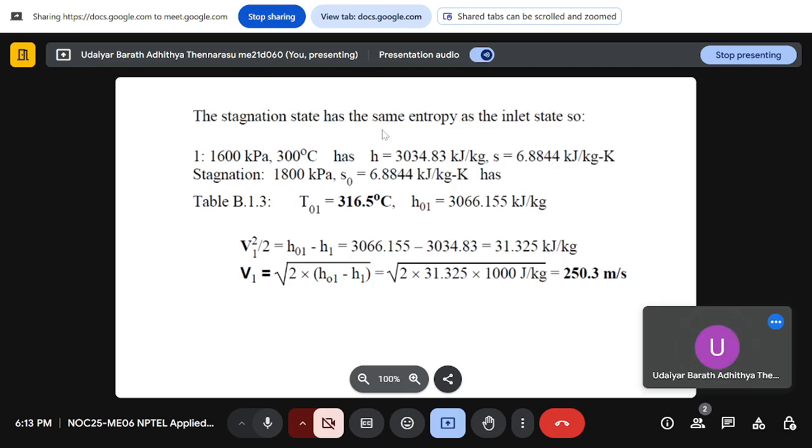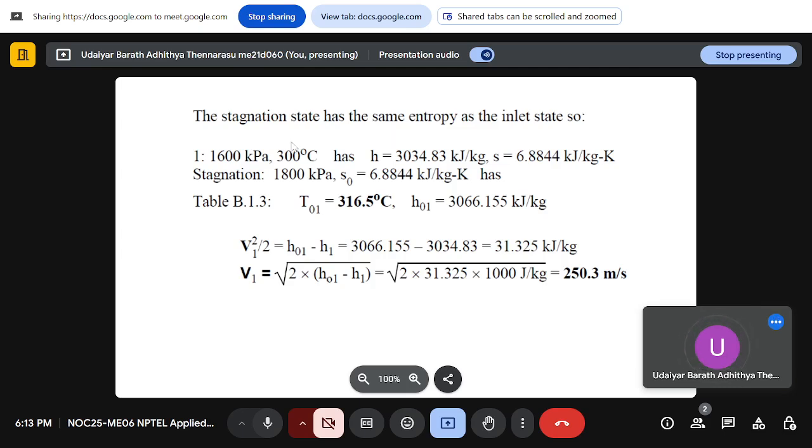So what do we know? What is stagnation property? As discussed earlier, stagnation property is when you are bringing the flow isentropically to rest, the fluid to rest, so velocity is 0, then that is called a stagnation property. So what this says is, your initial condition and when it is at stagnation property, both your entropies will be the same. Because we are bringing the flow to a halt isentropically, your entropy is a constant. So entropy at inlet at the flow condition is equal to the entropy at